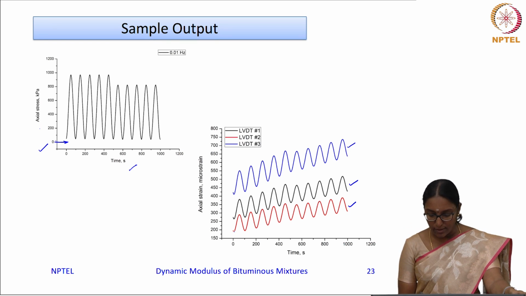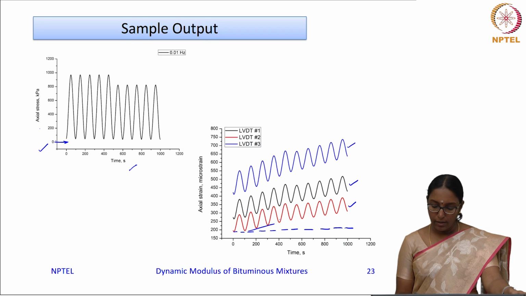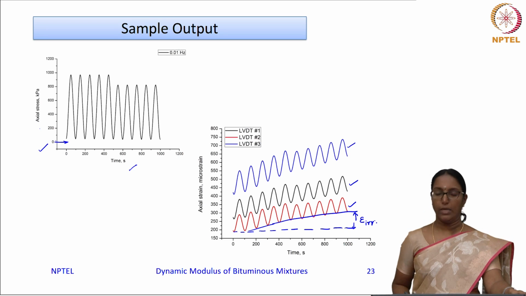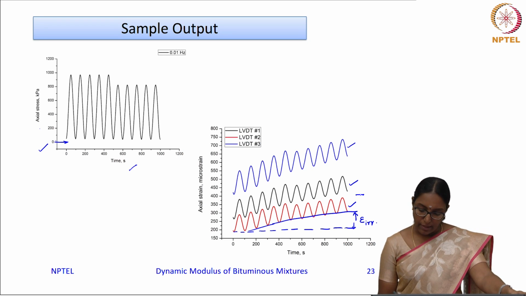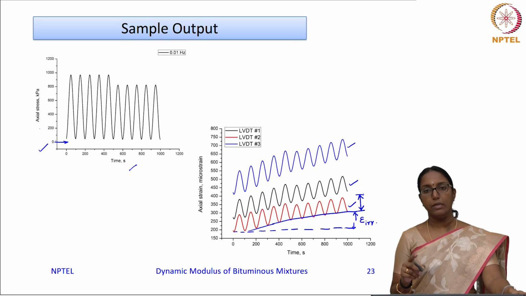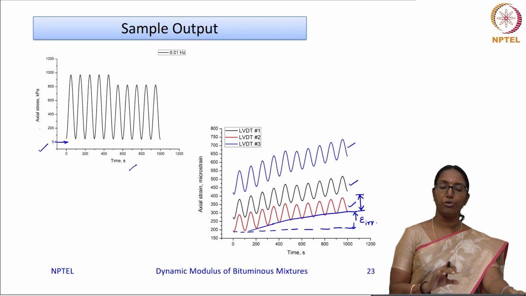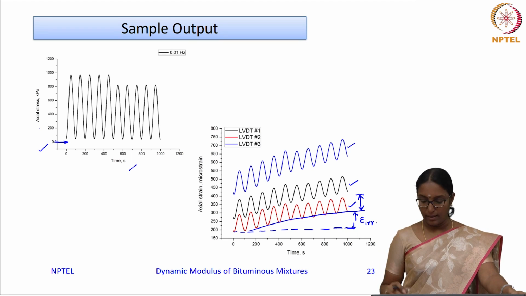If I see this, this is the first strain response. As you go further and further, you see that there is a certain amount of deformation, this is irrecoverable. So, this is irrecoverable strain. But what we are interested in this computation is only the recoverable strain. So, the peak to peak strain is what we are interested in, but one should understand that there is always that irrecoverable deformation and your strain is going to shift like this.